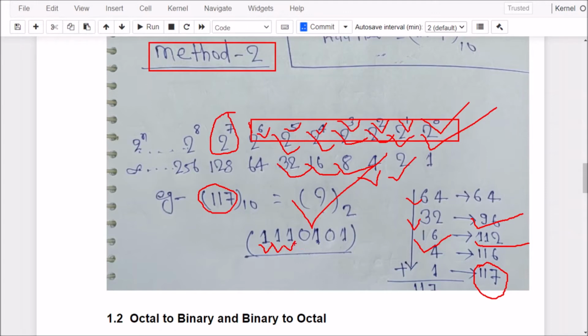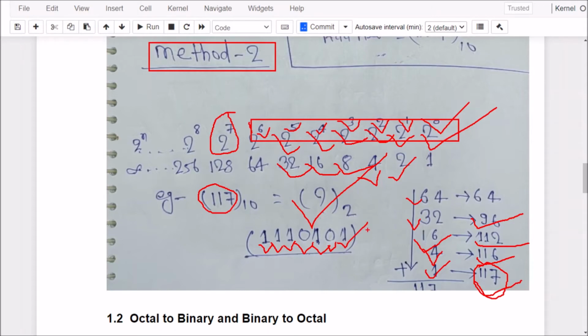So instead of 8 we put 0, because it is not added, and then again we try to add 4, which is added, means after adding the 4 to 112 we will get 116. So here 4 should be added. Then when we add 2, it will become 118, which is greater than 117, but it should be less than or equal to 117. So 2 is not added, means instead of 2 we will put 0, and again when we add 1, then 116 plus 1, we will get the targeted value 117. Then instead of that value we will put 1 here.